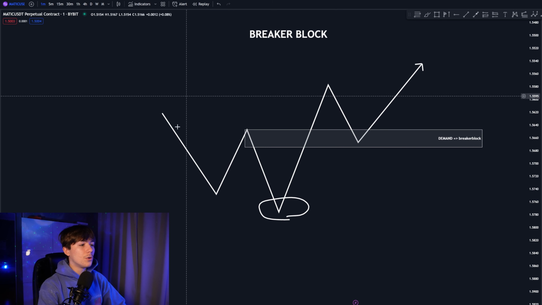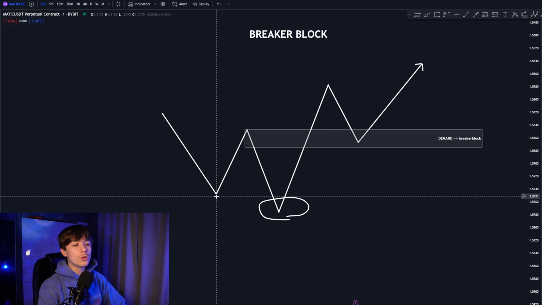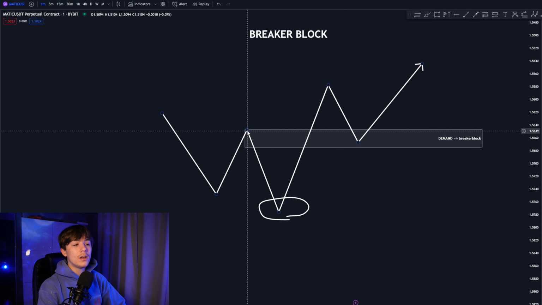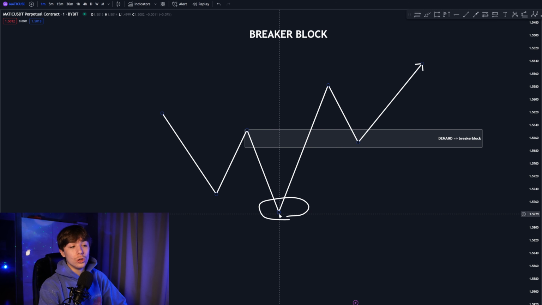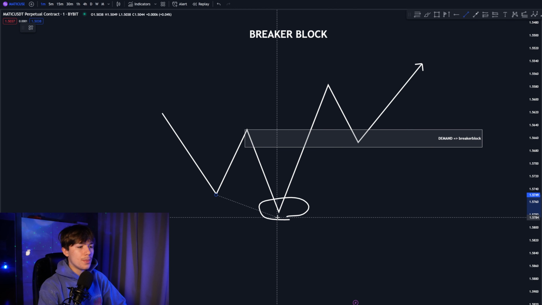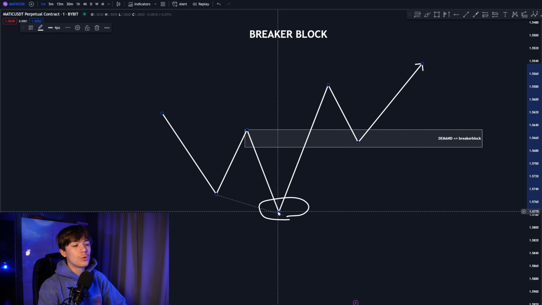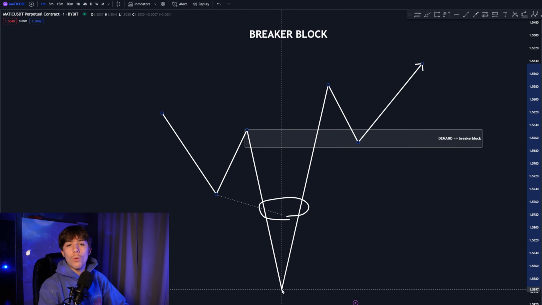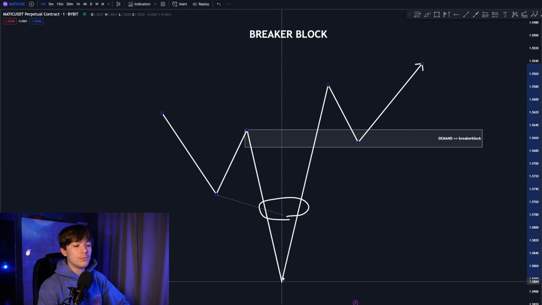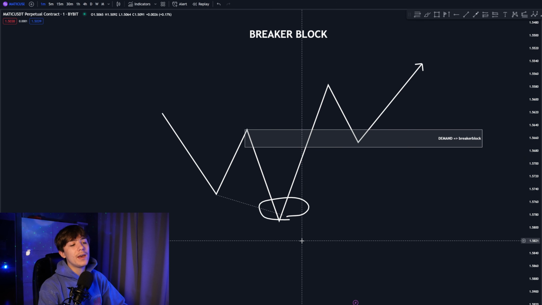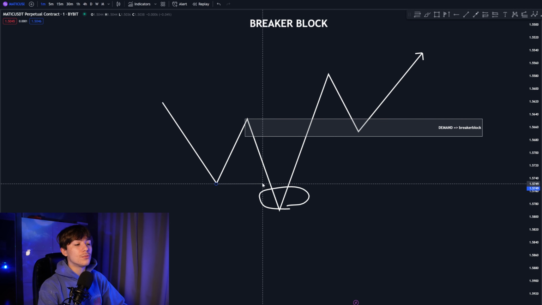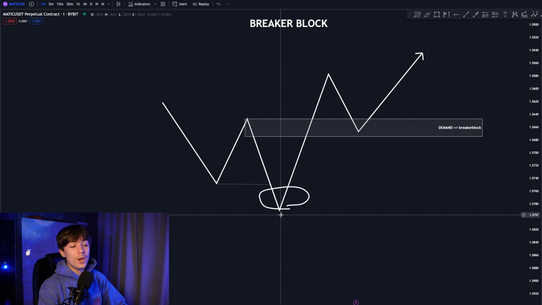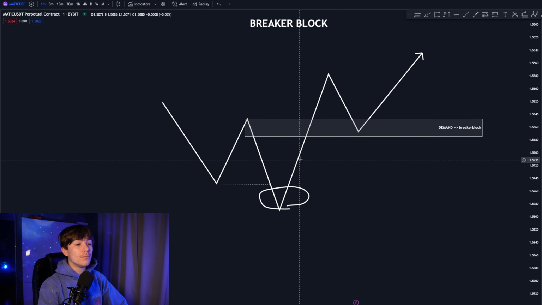what you want to see is price making a lower low followed by a lower high, followed by another lower low, but you see that this lower low is not that strong. If this lower low was like this, then you don't want to anticipate a possible bullish breaker block. You want to see a very weak break of structure. So this is the break of structure, but you want to see a very weak one, because this can be potentially just a liquidity grab before breaking